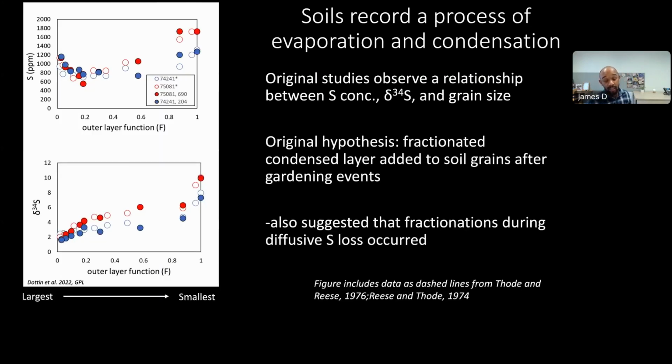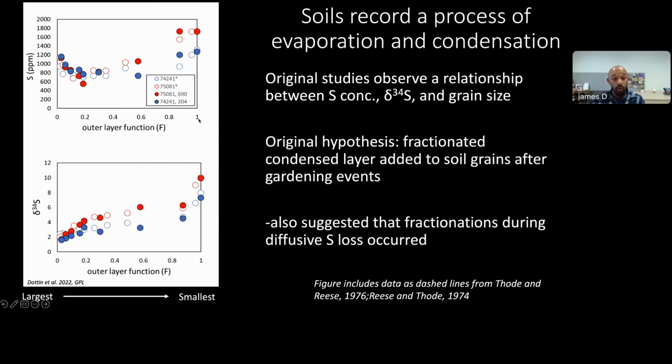Now, in my work and in original studies from the 70s, there was this interesting observation where there was a relationship between sulfur concentration, the delta 34S composition, which is that mass-dependent fractionation tracer, and also grain size. And the way I'm illustrating grain size in this figure on the left is by using an outer layer function. In order to put that in the reference frame of the size of grains, the largest grains would be at an outer layer function of 0, and the smallest grains are at an outer